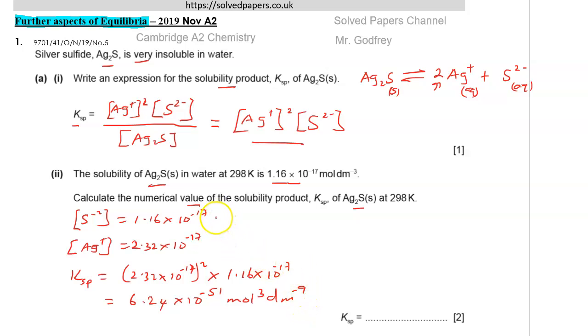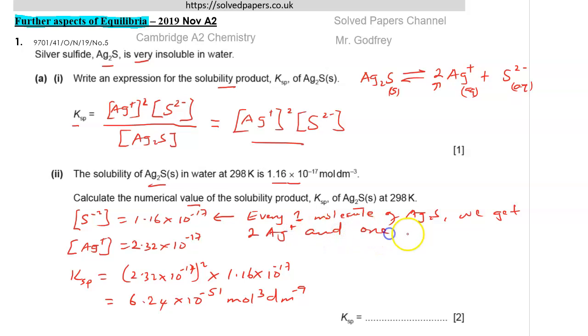Remember, for every 1 mole, or molecule, of silver sulfide, when it dissolves we get 2 silver ions and 1 sulfide ion. Alright, so the solubility product here will be 6.24